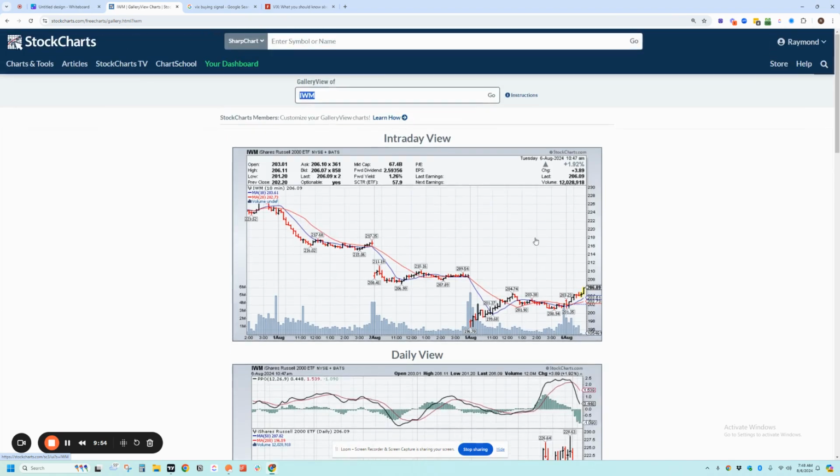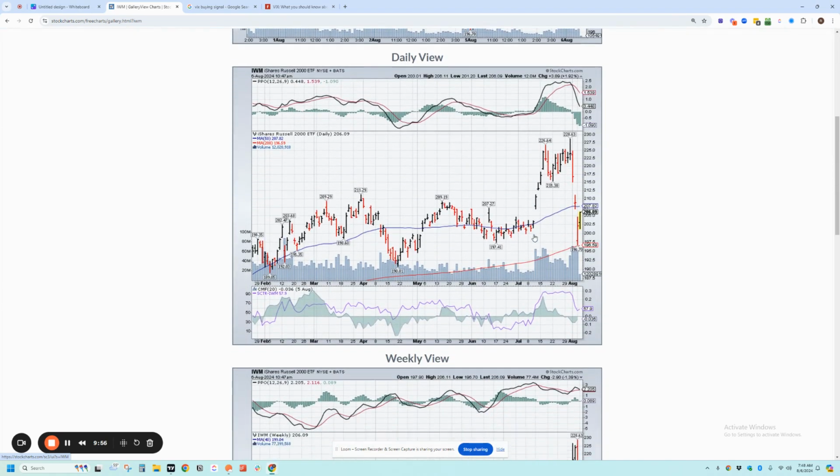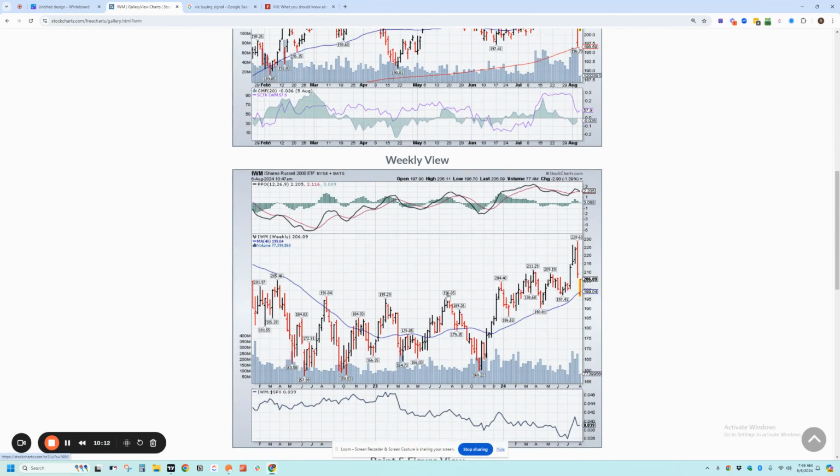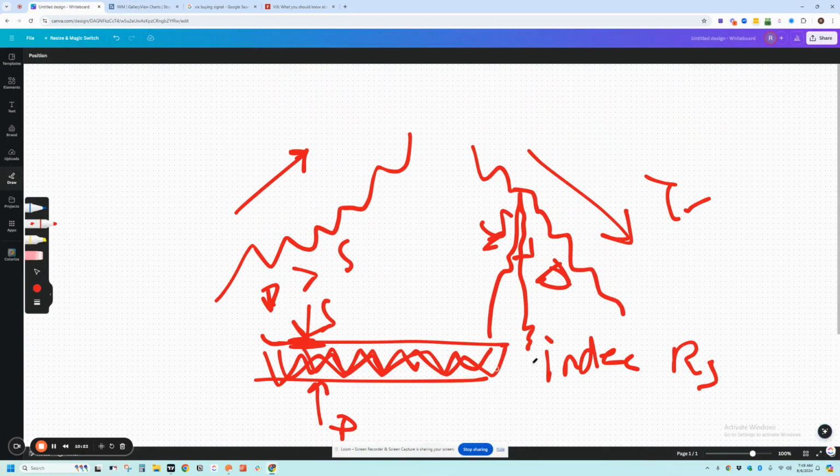So what does this have to do with my trading system and trading strategy and what I was trying to show you with the Canva? There's going to be trends like this downtrend and this uptrend, and there's going to be periods of sideways consolidation, kind of like this right here. And that's just what markets do, right? When we look at the weekly view, you're going to see there's been an uptrend, downtrend, uptrend, and then almost an entire year of just a range, right? We just draw a line here and a line there. I was trying to explain that to you guys here, right?